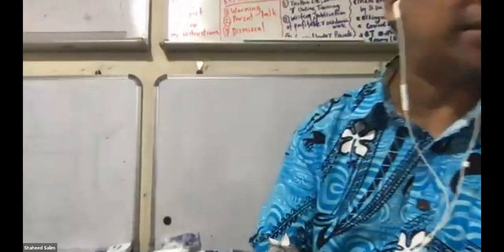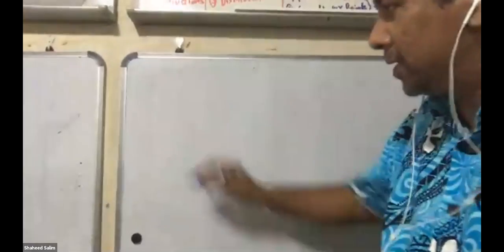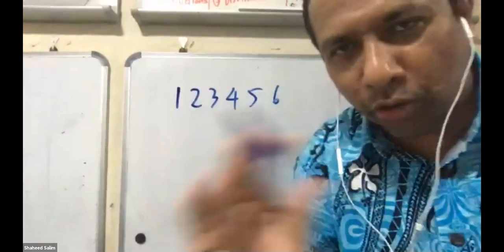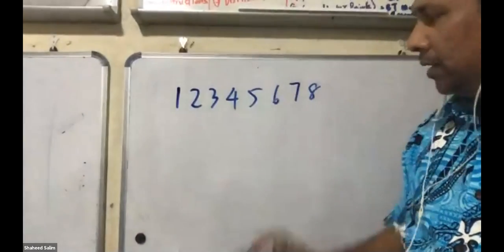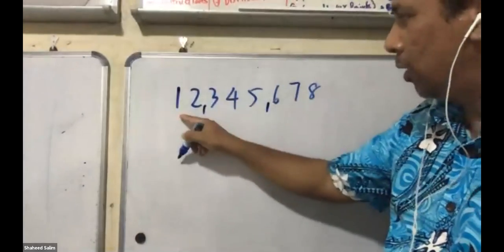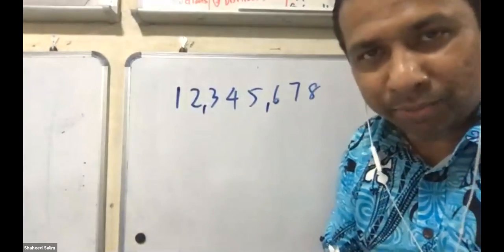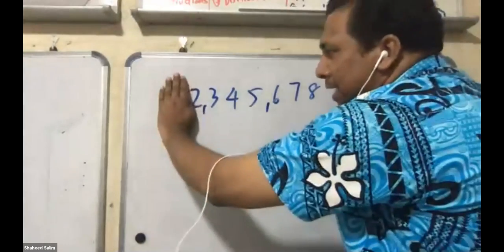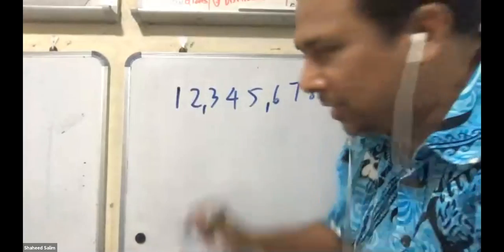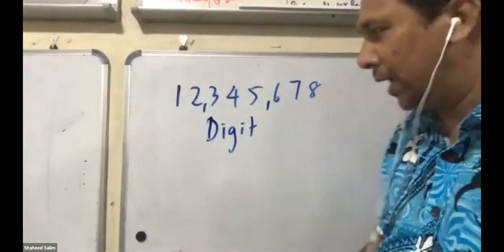I'm going to show you now the question on the whiteboard. You try to do the question on the whiteboard. You can see the whiteboard clearly. Now, let's say I'm going to write number 1, 2, 3, 4, 5, 6, 7, 8. This number is 12,345,678. I know you have not learned such a big number. At primary 5, you will learn 7 digit. At primary 4, you will learn 6 digit. You know what's a digit? Digit, D-I-G-I-T. Okay, I'm going to ask you.